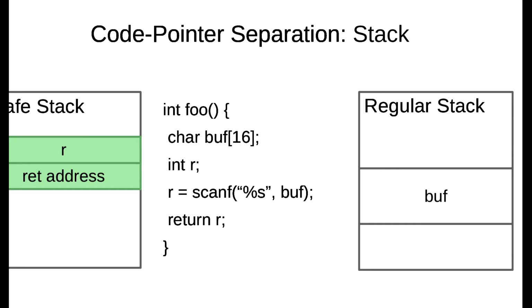So using this principle, we can ensure that the attacker can only corrupt data that we're not interested in protecting. And we can decide how much of the data we want to protect. And in our case, we protect anything that's code pointers, that contains code pointers or is used in control flow decisions, or is proven to be safe on the stack frame.